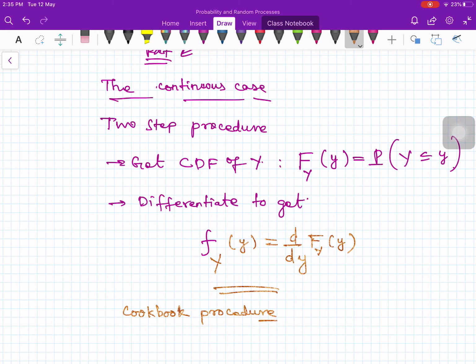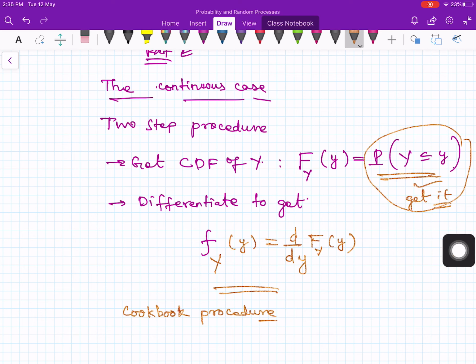Therefore we will aim at obtaining the cumulative distribution of Y, somehow managing to calculate the probability of this event. Once we get it, what do I mean by get it? I don't mean getting it for a single value of little y. Instead, you need to get this function, or this event, for the entire range: the cumulative distribution function.